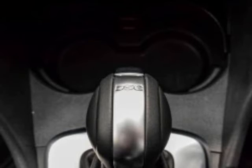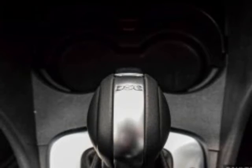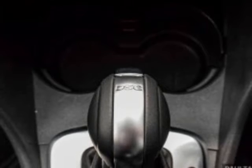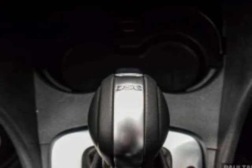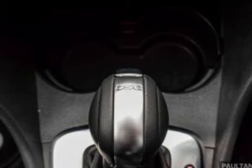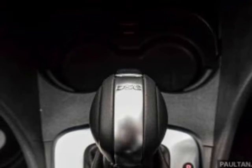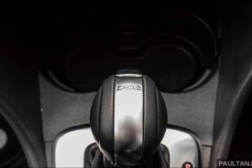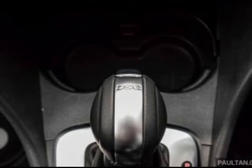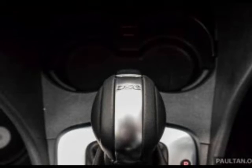The 7-speed DSG is as you'd expect, providing quick and seamless shifts when operated manually via the gear lever, no paddle shifters here. Left to its own devices, the dual clutch box does take a moment to respond to a sudden dose of throttle input. According to Volkswagen, the 1.2 TSI and 7-speed DSG combo provides a claimed fuel consumption figure of just 5.5 liters